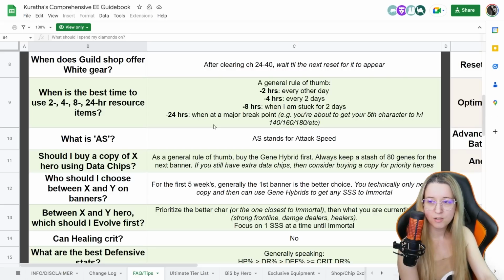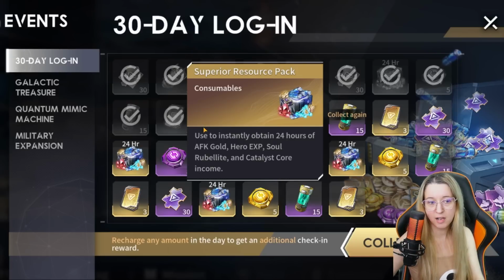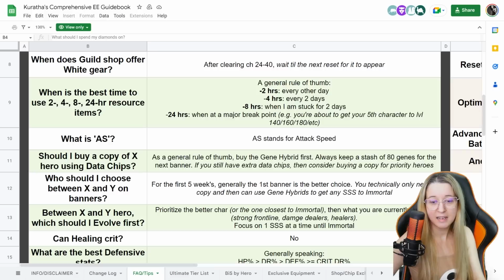You're only going to make your content easier, faster, with better damage if you do it as soon as possible. I don't see any point in waiting on these resources. And this is what I mean, guys. 24-hour pack, instantly obtain the resources. Okay, I mean, do we cap out? I've never seemed to cap out on anything, and if I did, I haven't noticed. Get this immediately. I don't see any point in waiting. Why would you wait? I would be happy in the comments below. Please tell me if there is a valid reason to wait, but I don't see any reason to wait.